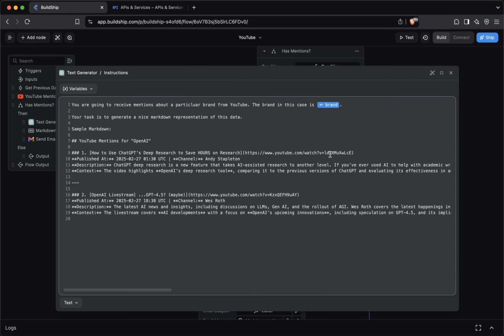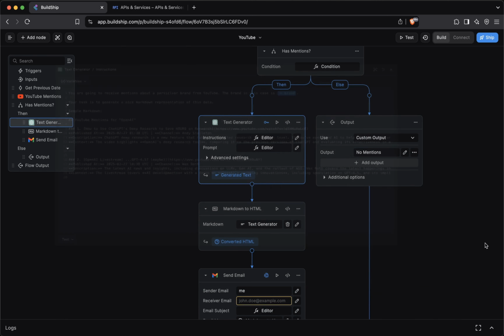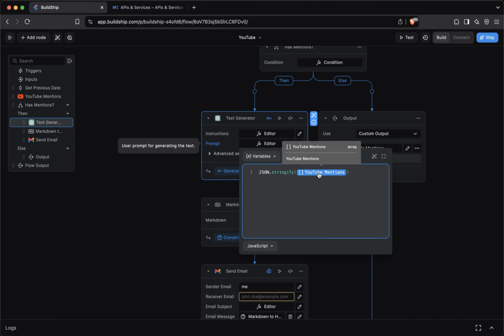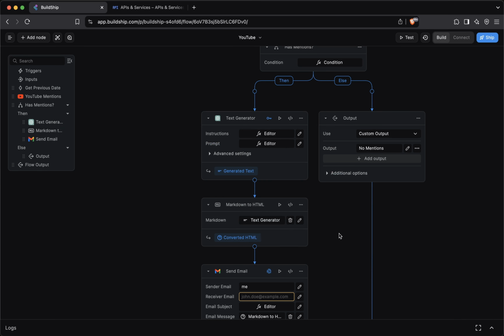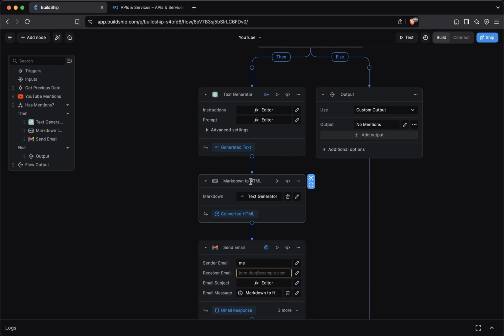And let's expand this a bit. So we're telling it that we want it to generate a nice Markdown representation of this data. And then here we're just providing a sample Markdown. For the prompt, we're passing the mentions that we get back from YouTube. We'll want to email this summary. But in order for us to do that, we need to convert it to HTML. Hence the next step, Markdown to HTML. The only input here is the Markdown we want to convert to HTML, and this will be the output of